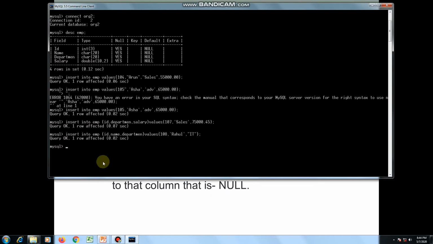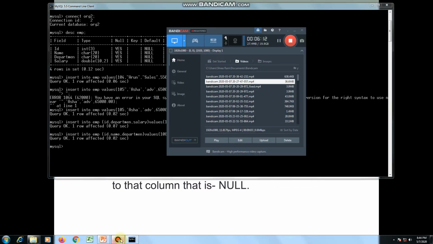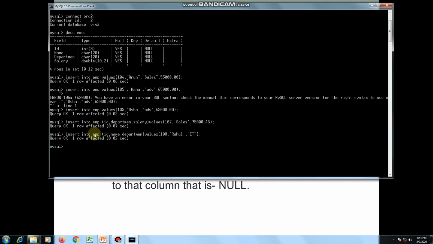Now this record is entered successfully without any problem. So to insert a record skipping certain column values, we can use this insert into command having a column list or field name list and the values attribute, and by providing values for only those columns for which a field name is provided in this field name list.